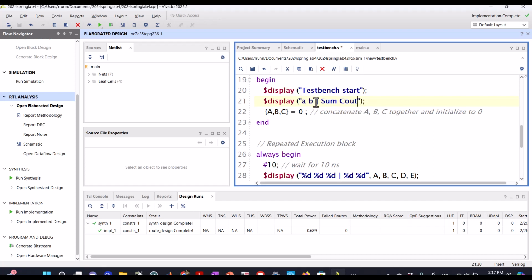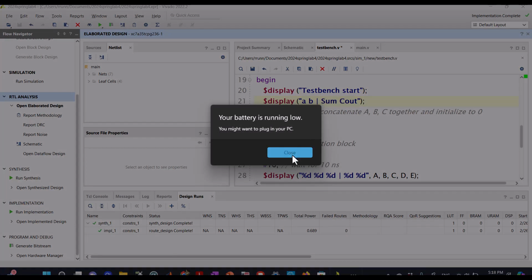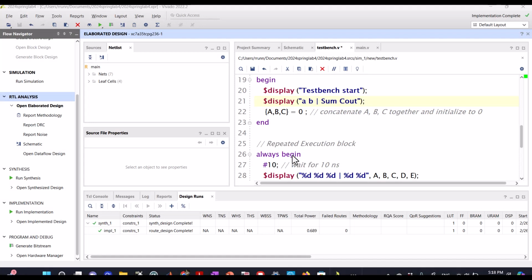You might want it to also display C in. Should we put C in before the bar line? Because it had to be in the table. Actually, if you remember, I probably would not, because